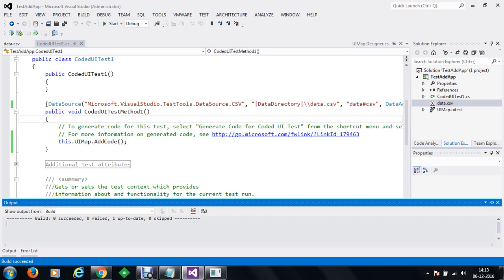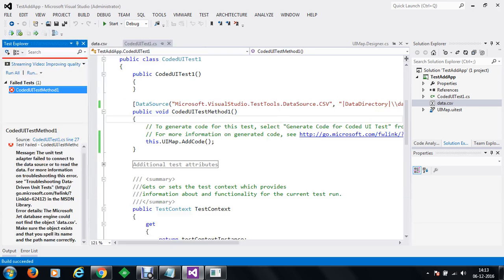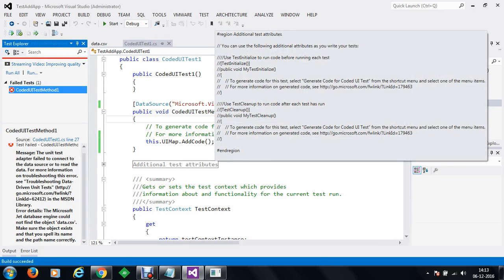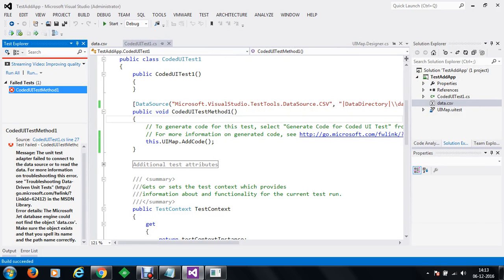So now the values are up to date. Okay, the unit test adapter failed to connect to the data source or to read data. Troubleshooting this error, data driven unit tests. Could not find the object data.csv and the path correctly.